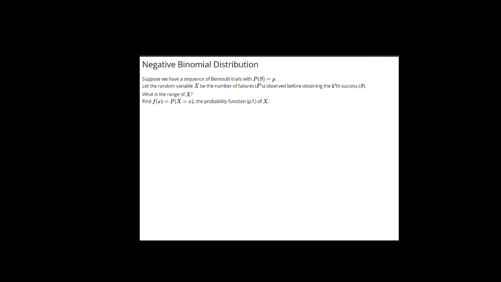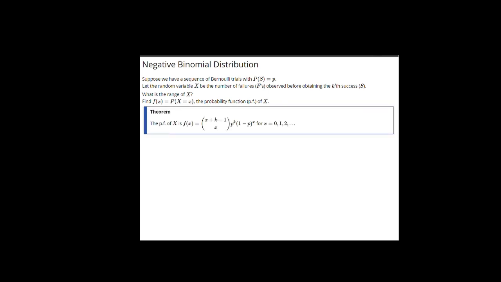Its probability function. The probability function of this random variable x is given by x plus k minus 1, choose x, p to the power k, 1 minus p to the power x, for x equals 0, 1, 2, and so on. Part of this probability function should seem eminently familiar. P is the probability of success, and it's raised to the power k, which is the number of successes. 1 minus p is the probability of a failure, and it's raised to the power x, which is the number